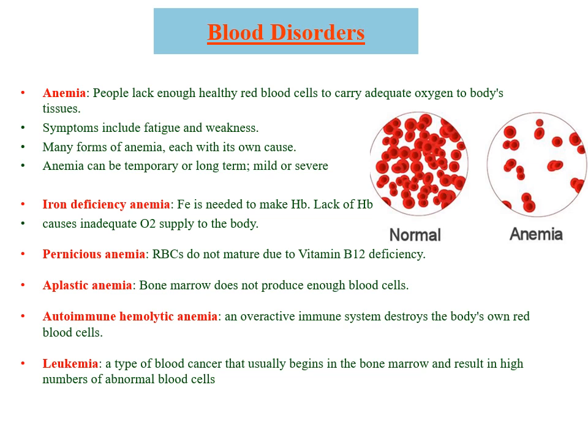Leukemia, it is a type of blood cancer that usually begins in the bone marrow and results in a highly abnormal number of blood cells, especially of white blood cells. White blood cells may increase to more than 1 lakh in the body. These blood cells are not fully developed and thus are called blast or leukemia cells.